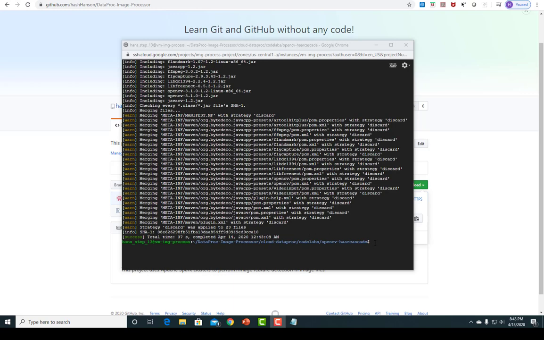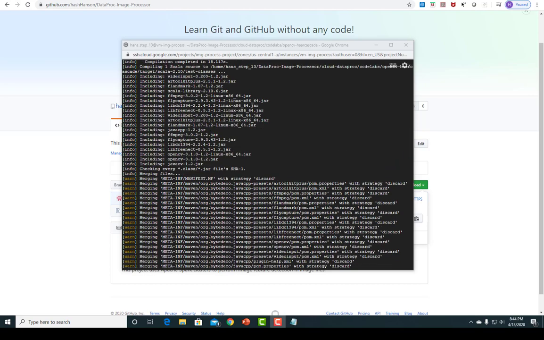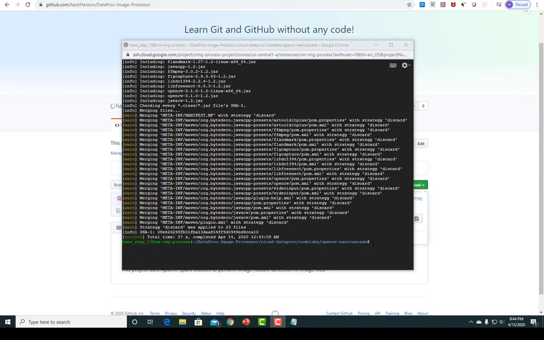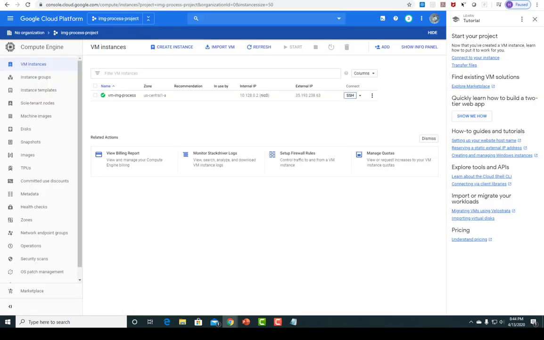So at this stage, the environment is ready, but so far we have not talked about creating the clusters yet, and, for example, loading images into the cluster. This is what we are going to do next. First of all, I'm going to create a Google Cloud bucket. There are two ways to do that. You can do it from the command line, or you can do it from the console. If I go to storage,